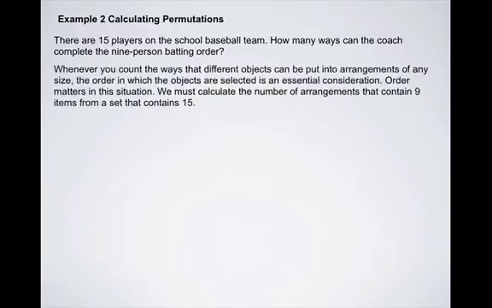Okay. Whenever you count the ways that different objects can be put into arrangements of any size, the order in which the objects are selected is an essential consideration. Order matters in this situation. We must calculate the number of arrangements that contain 9 items from a set that contains 15. So this is going to be the permutation of 15 choose 9, which is 15 factorial over 15 minus 9 factorial, which is 15 factorial divided by 6 factorial,